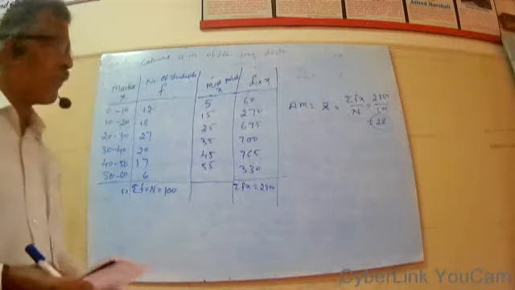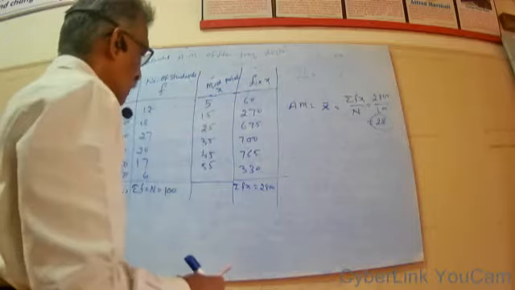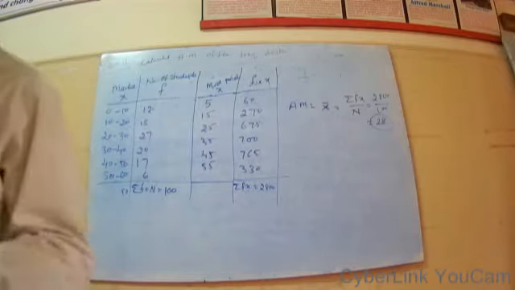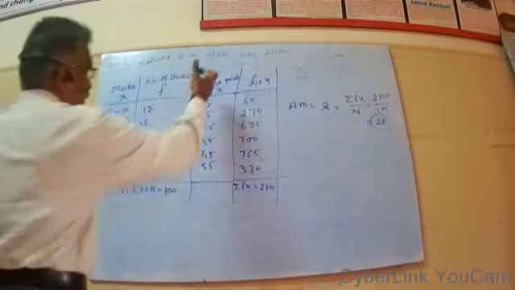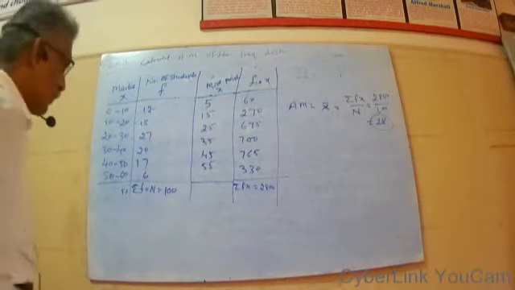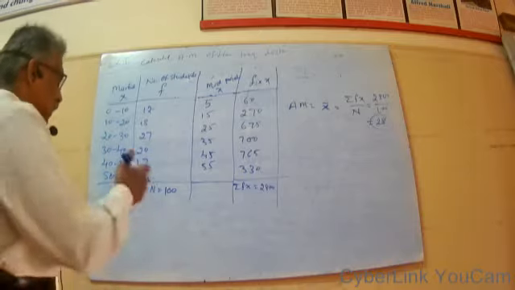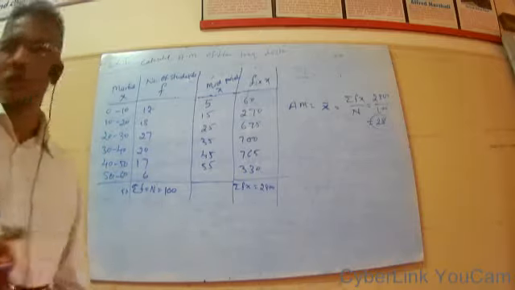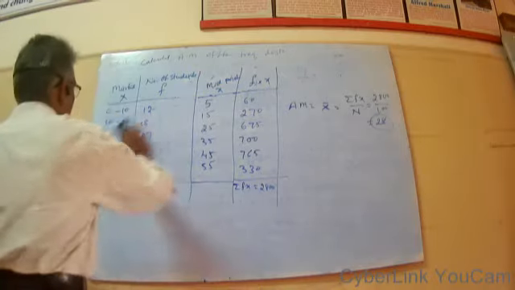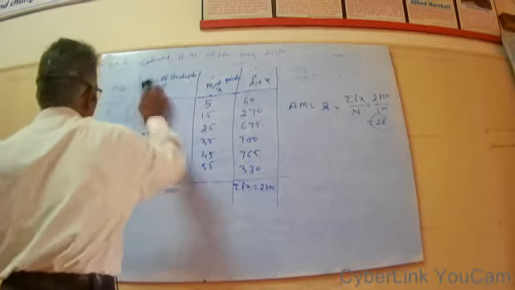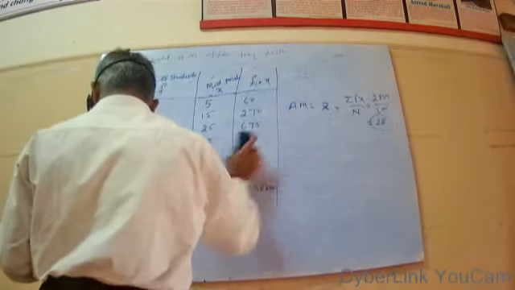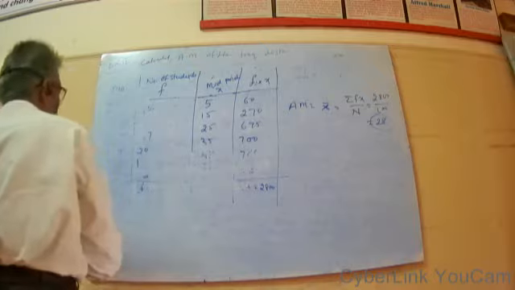Next, see here actually the x values are very small. Of course you can do it on the calculator, but one more method is there. Suppose you have a problem with very big x values, or the frequency values are very large. In such cases, one more simpler method, known as the step deviation method, is adopted. That is the next method.